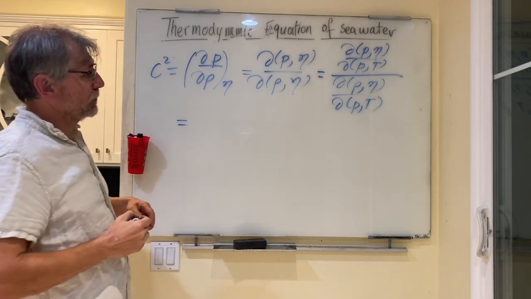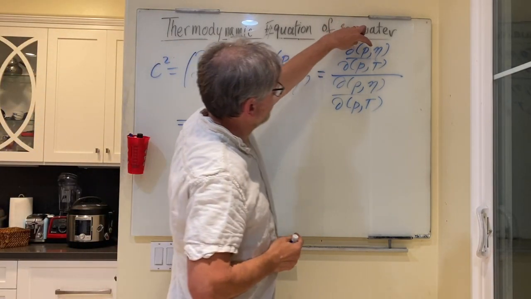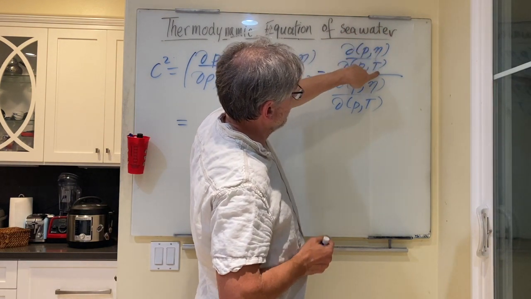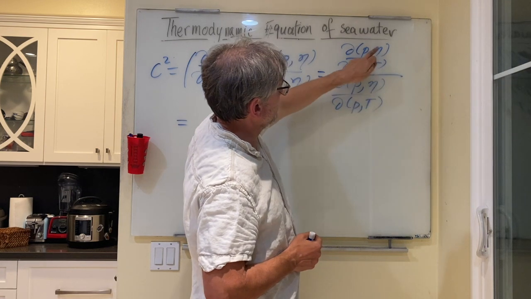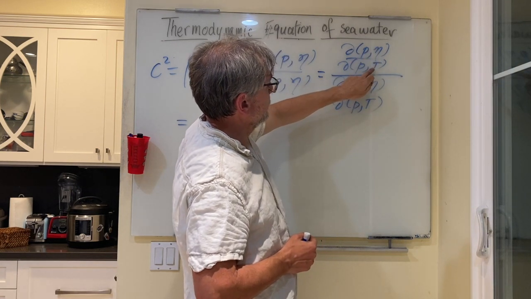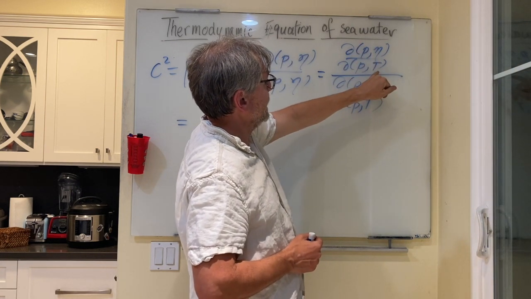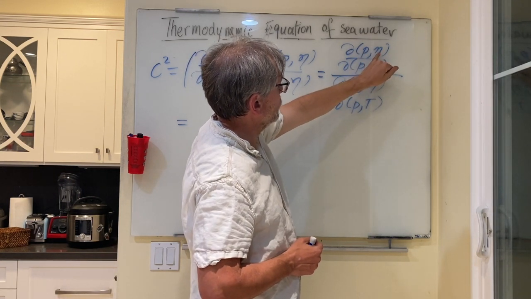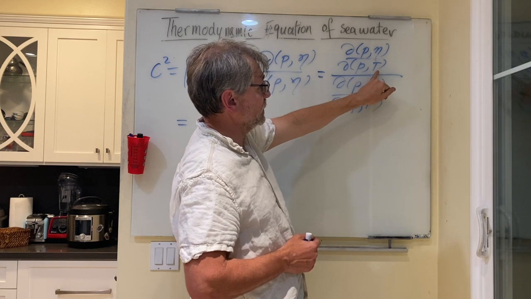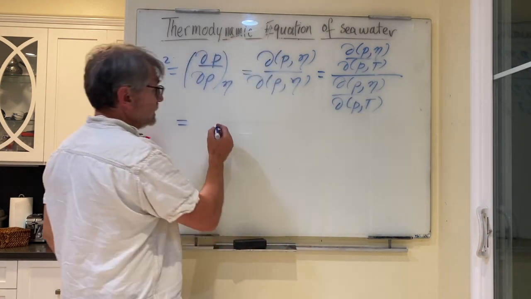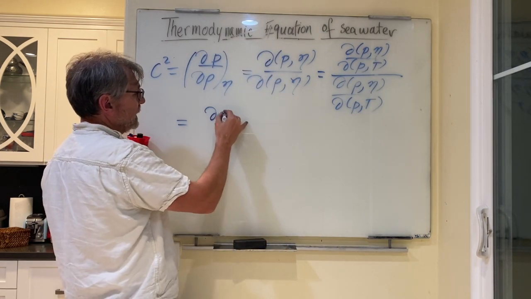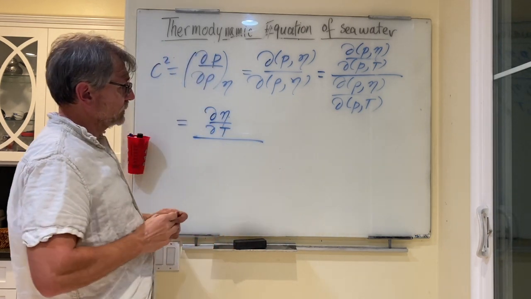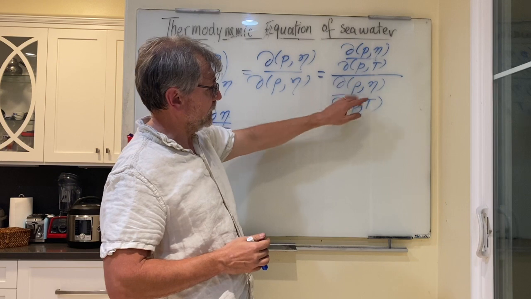And now the top one, I could interchange these two to put the pressure at the end, and then get rid of the pressure, and I'll just get partial eta, partial t, and the pressure will be gone. The minus sign I get from interchanging the rows and the minus sign from interchanging the columns will go away, and so the numerator is just going to be d eta dt. The denominator, this time we have no repeated variables, so I just have to expand out